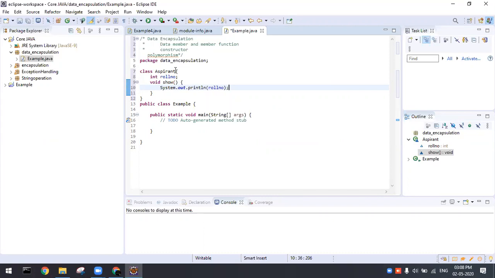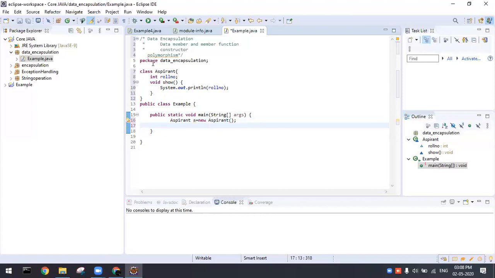Outside of the class, if you want to use it, you are supposed to use the class name, that is, you are going to instantiate. Okay, so Aspirant a = new Aspirant(). So I just created an object.